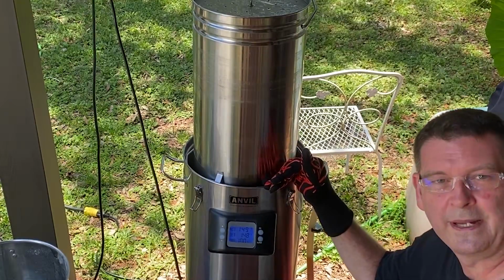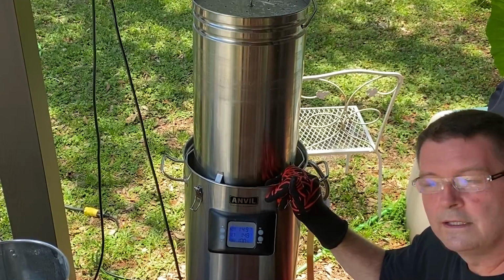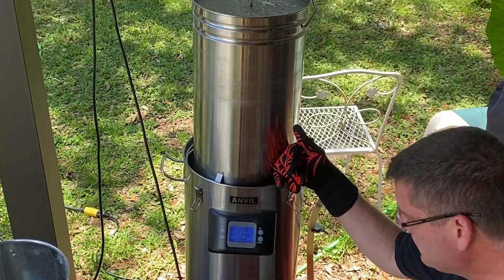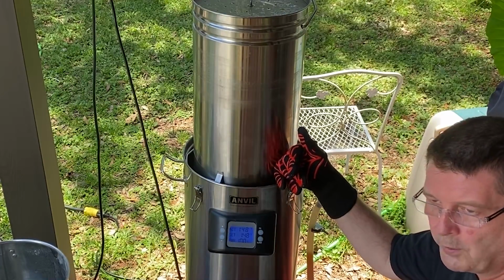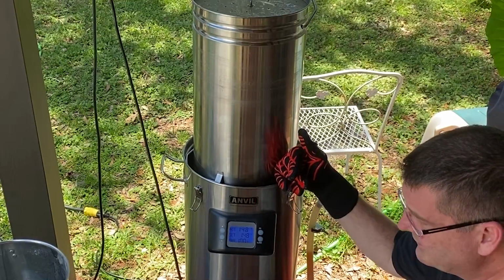For the grain bill, which was about 11.5 pounds, we should have been around 6.4 gallons and 1 gallon sparge. Instead, I went for 6 gallons. Seems to be working out just fine. Giving me a gallon and almost a half, so 1.4 gallons of sparge water, which is sitting at about 172